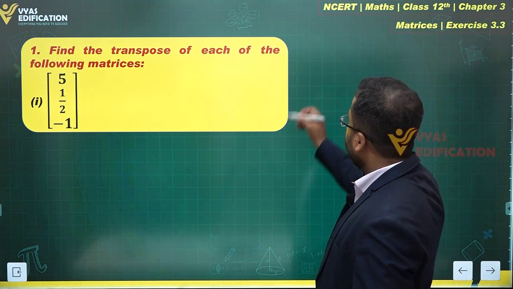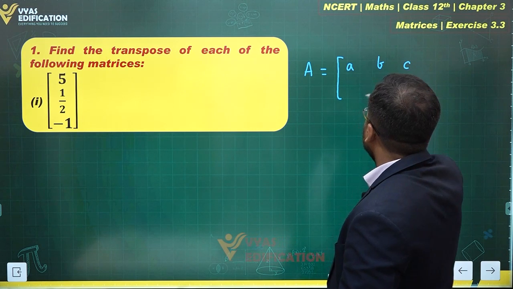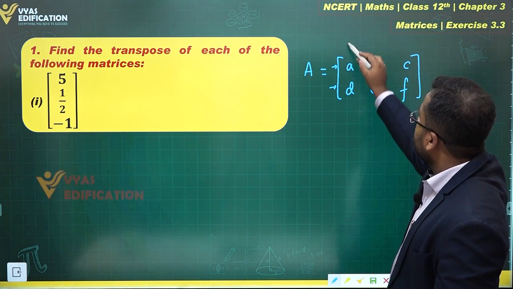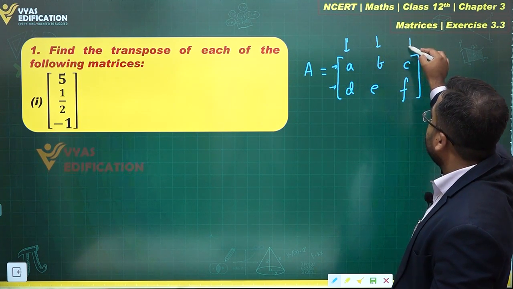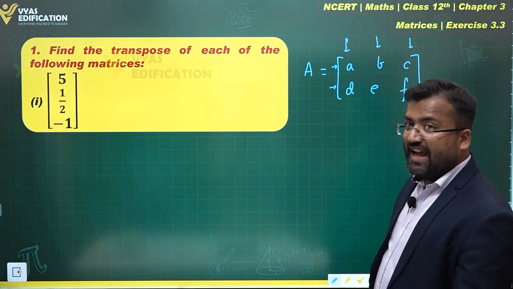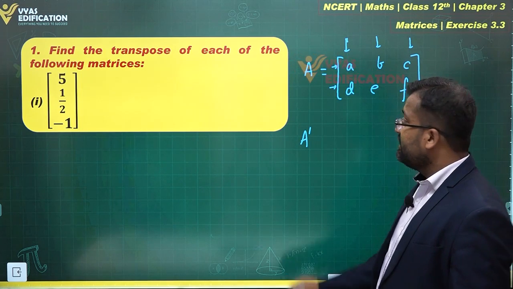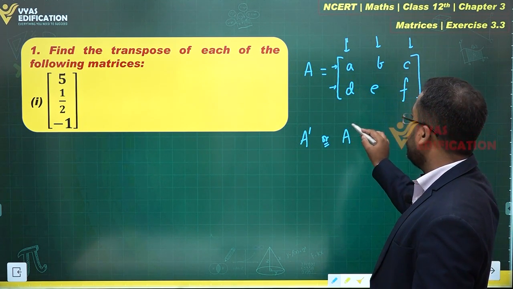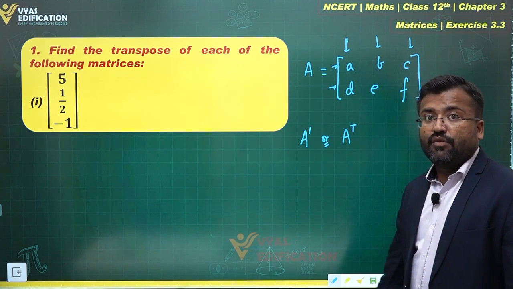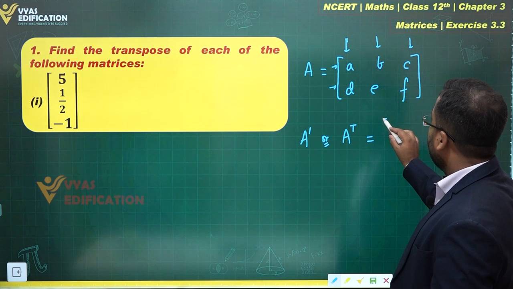What does that mean? Let us say you have a matrix A, with entries A, B, C, D, E, F. So this here is the first row, second row, and this here is the first column, second column and third column, right? The rows and columns are interchanged and what you get after that is the transpose of this matrix, which is represented by A prime. This is A transpose, or it may be represented by A with a superscript T, or a superscript prime, A prime or A T. In this manner, right? This is A transpose,